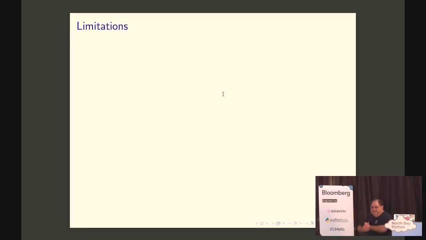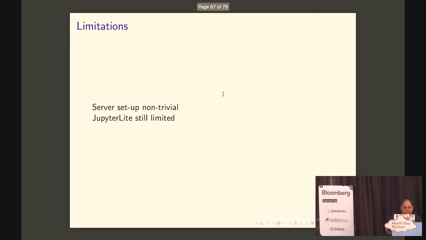So after I try to sell you, hopefully, on why you should integrate Jupyter into whatever teaching you do, I do want to acknowledge some of its limitations. If you decide to go with remote, server setup can be non-trivial. Your local IT at a small college probably can't handle that easily. Obviously, if you have a bigger IT team, then you have other issues. You probably have to go through an approval process for a new server. So either way, this is not an easy thing to do.